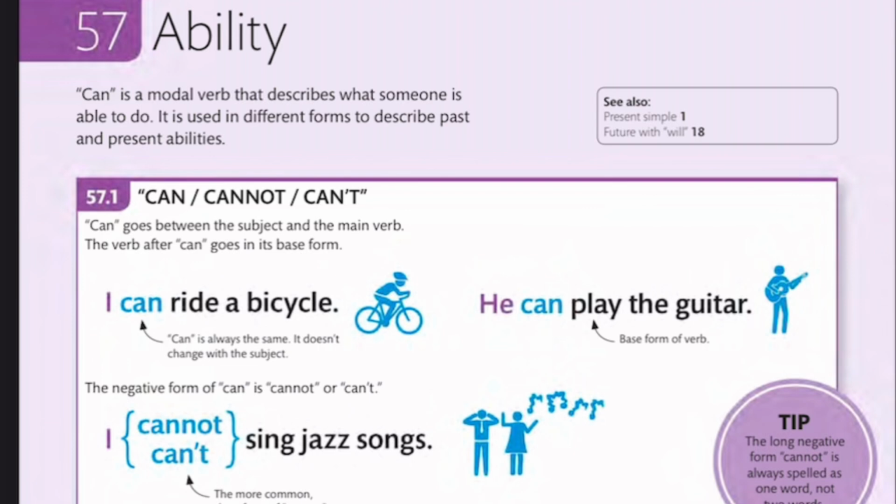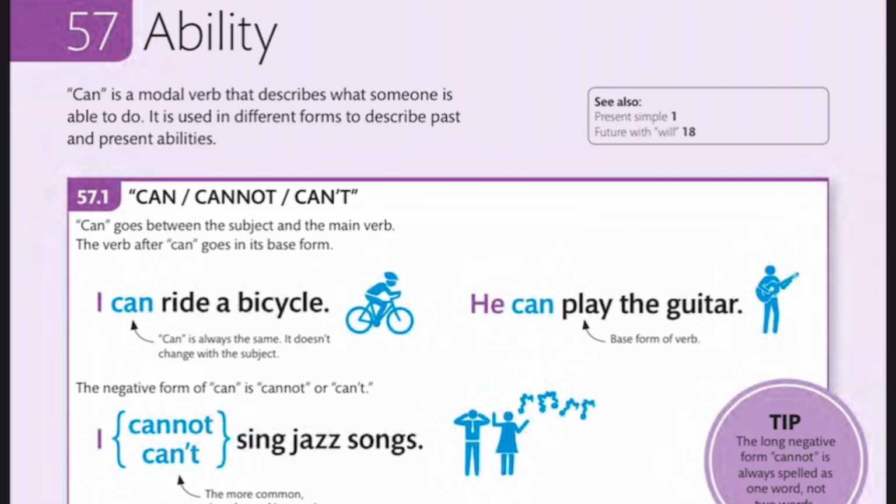We are going to be checking modal verbs that we use for ability. The main modal verb that we use for ability is can. Can is a modal verb that describes what someone is able to do. I am able. That's why we are going to talk about willingness in a later video, because it is possible